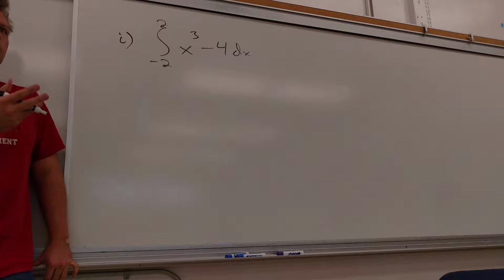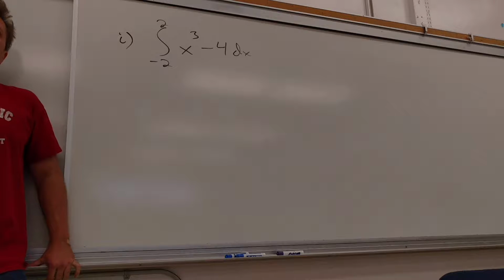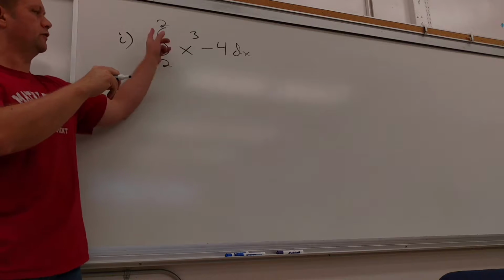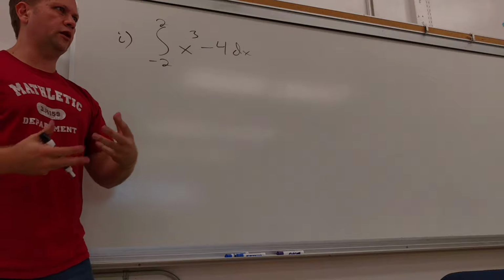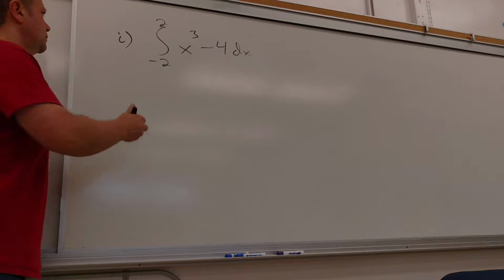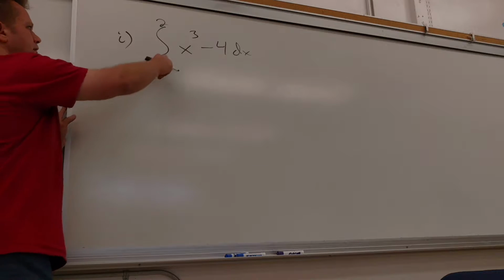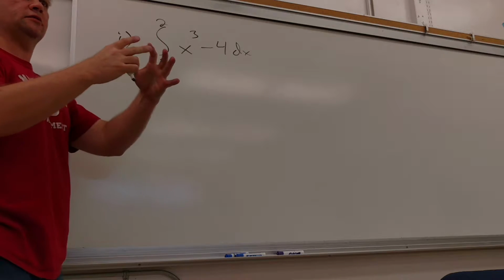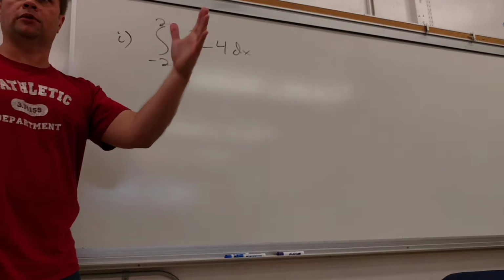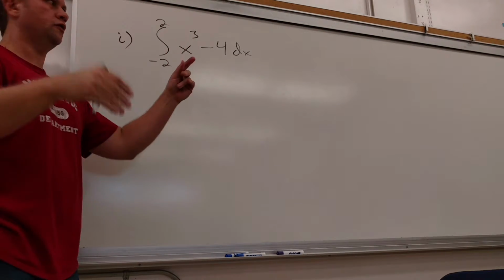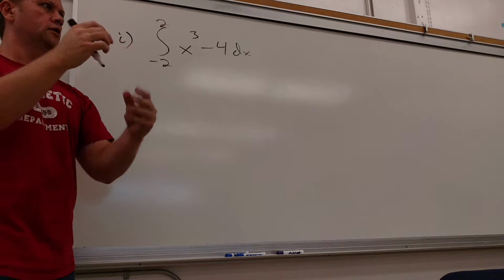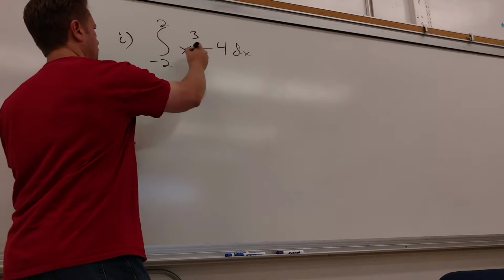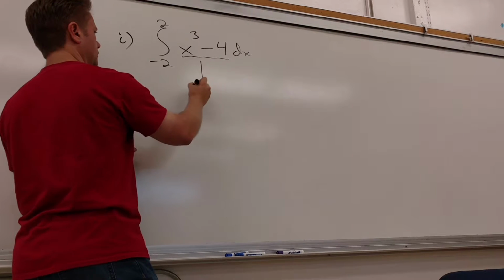Yeah, exactly. So there was only one person that, and this happens sometimes, just started plugging stuff in. You can't do that until you've taken the antiderivative, right? You need to find the antiderivative. Some other people plugged it in but never put it all together. The answer to this is a number. I want to know the area under this curve from there to there. So it shouldn't be two separate answers, right? It's got to be one answer. So like John said, if you first find the antiderivative of this,